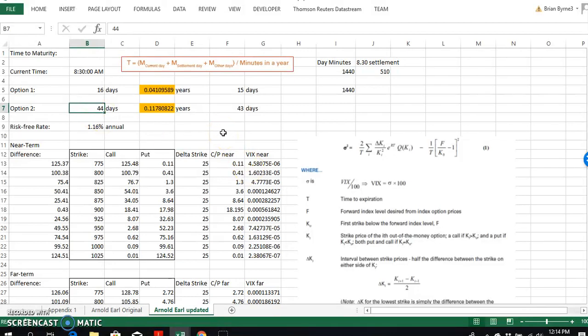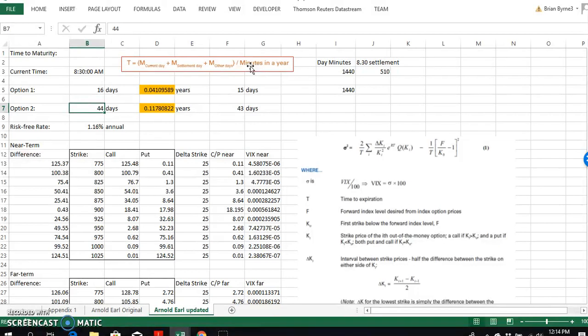We've got to convert the expiration into maturities, and we have to do it in a fairly exact way. Given that we're down to days, we typically convert the maturity into minutes, to add an extra amount of precision